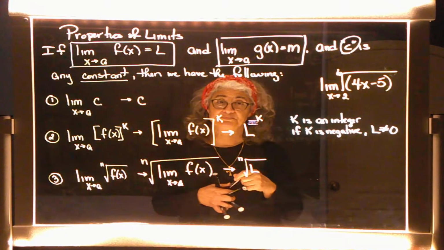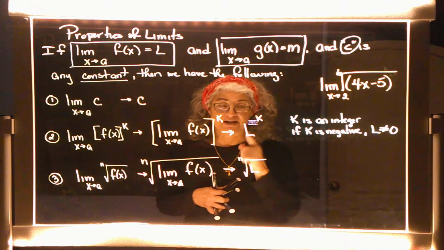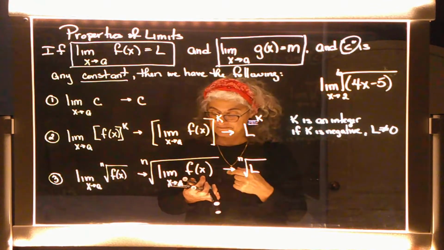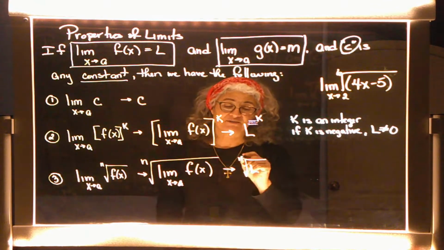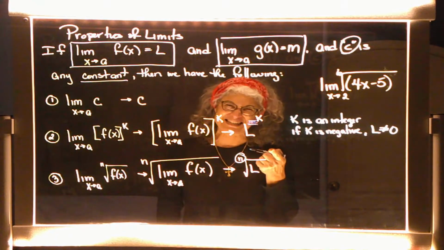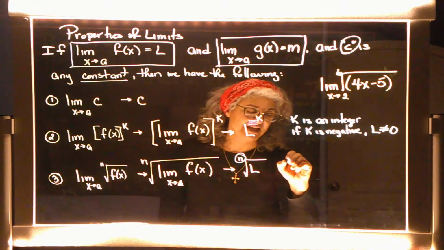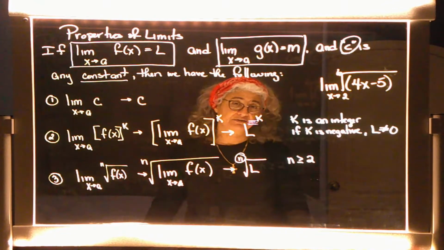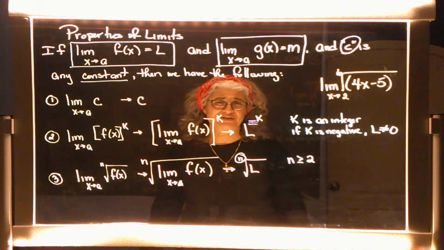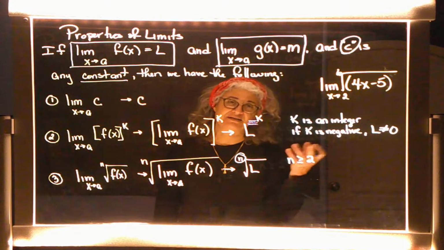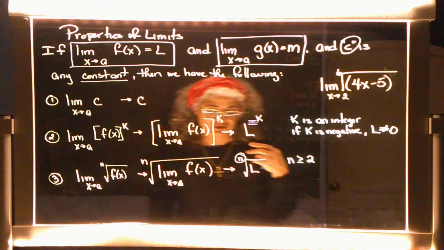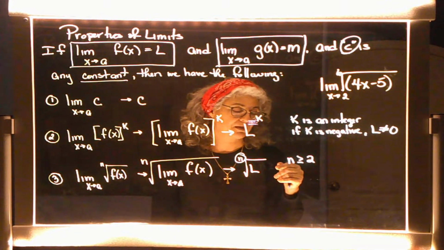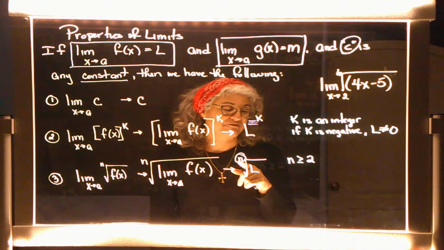Cool? All right. Now, 2 restrictions again. First off, n is the index of the root, so n has to be greater than or equal to 2. So a square root or higher, right? We don't take first roots of numbers, so n has to be 2 or higher. The second restriction is, if n